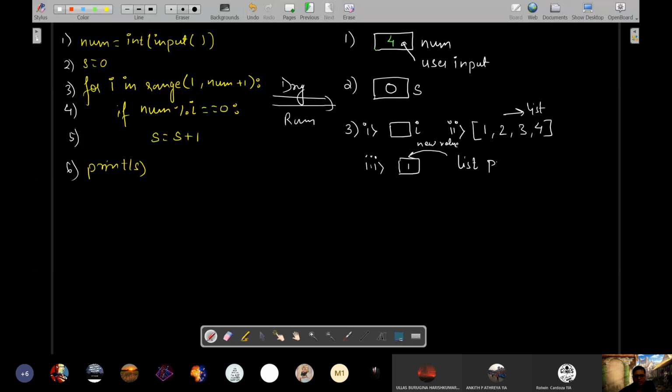The list provides a new value in each repetition. Repetition is also known as iteration.